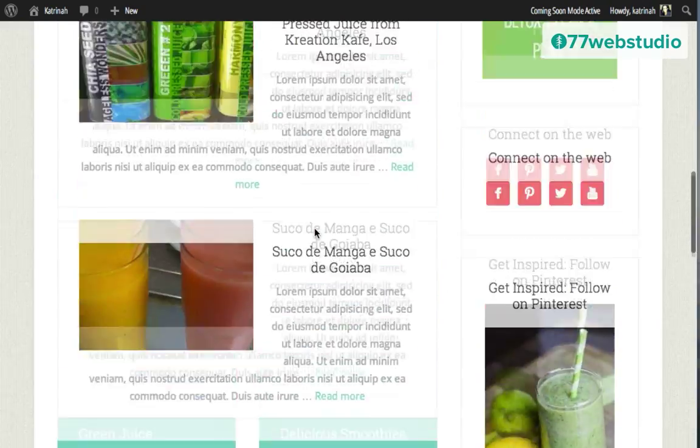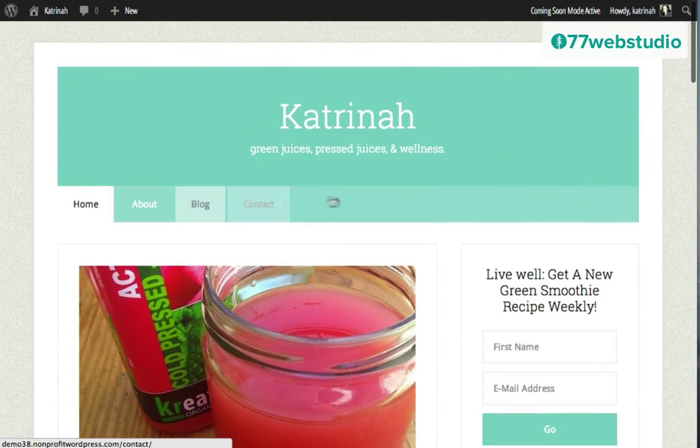Okay, so the next part that we need to do is we need to add actually the landing page to the menu area right here, and then we need to completely customize this entire website. I also want to add a couple additional pages to the site as well. So for starters, let's add the landing page to the menu area right here in the secondary navigation area.